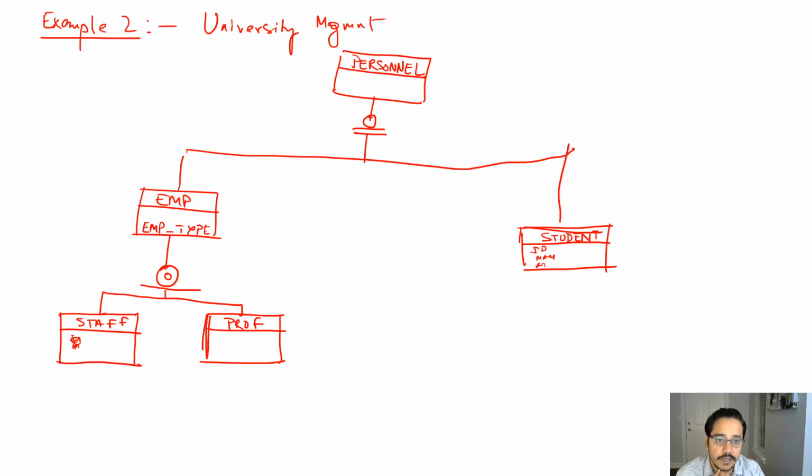And what about the degree? Can an employee be a student? This is a good question. Okay, so let's leave it at, okay, I need to make it a bit bigger. Okay, let's leave it at overlap for the time being. Okay, and let's say the discriminator is personnel type. Okay,